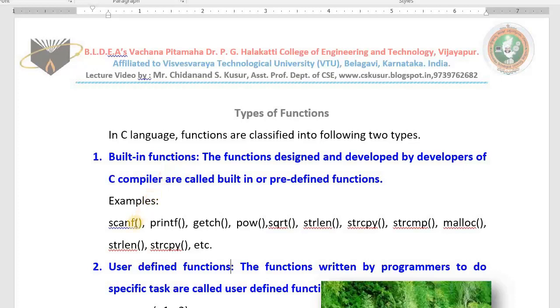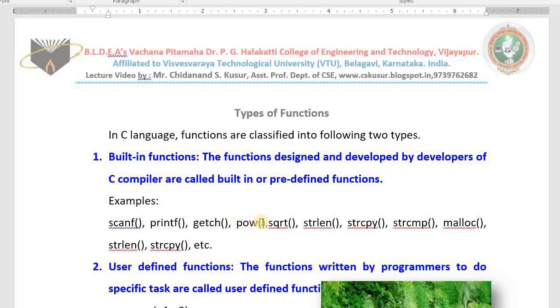Scanf, we have not created it, we just use it to read the input from users. Printf, we have not created, we just use it for printing the contents of variables as well as to display the appropriate message. Getch, we have not created, given by developers of the C language. We use it to read a character.